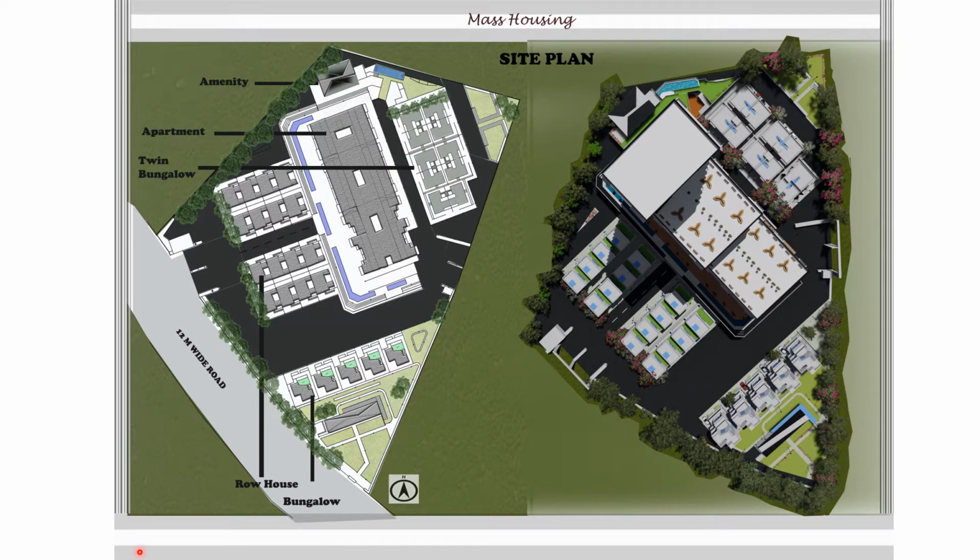This is the site plan, and the total area of the site is 18,000 square meters. This is the main adjacent road to the south, and there are two main entrances to the site. The site is divided into 6 zones according to the building typologies, which are the row houses of total 16 units, 5 units of bungalows, here the amenity space, and here are the 5 units of twin bungalows.